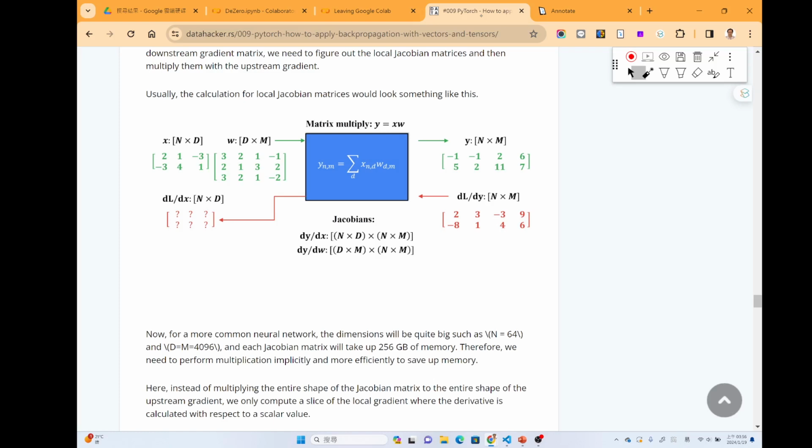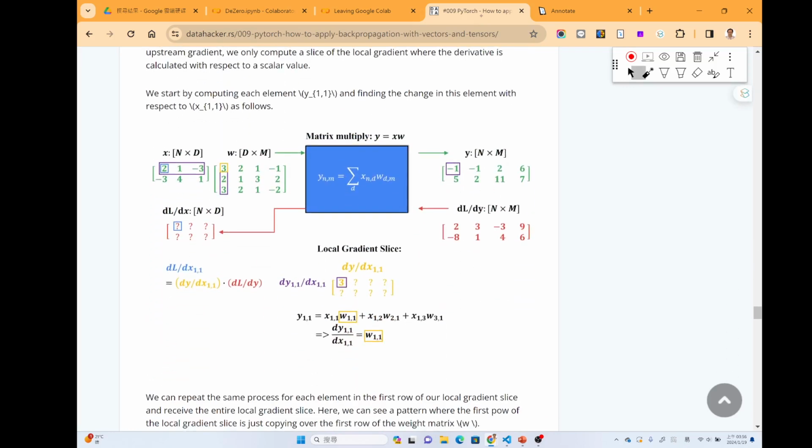So let's focus on dy over dx here, so that we want to calculate the derivative of L against the variable x. So how could we calculate this?